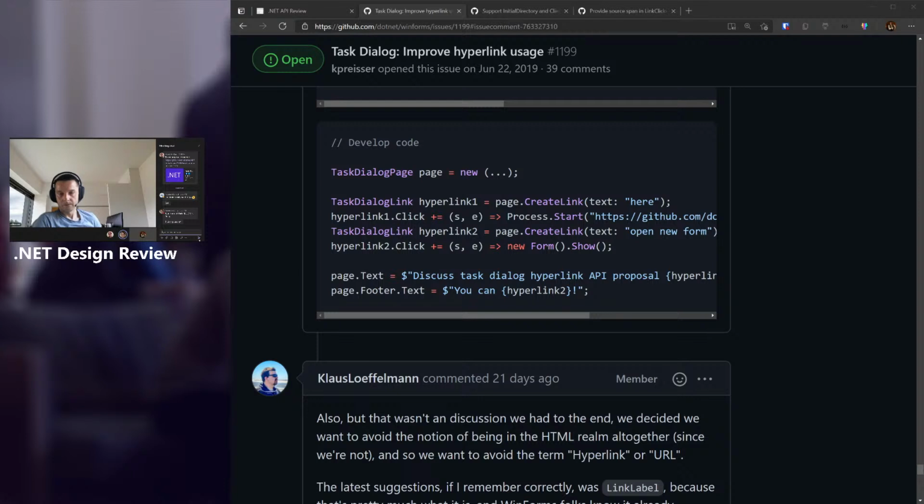The thing that's doing the formatting for task dialog link could just be a call to x.format.